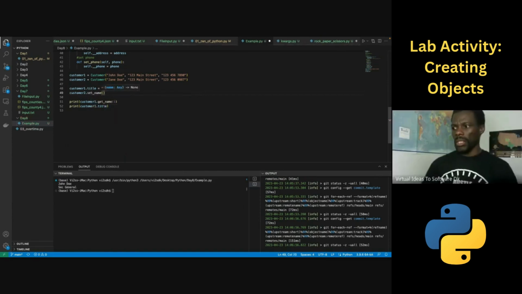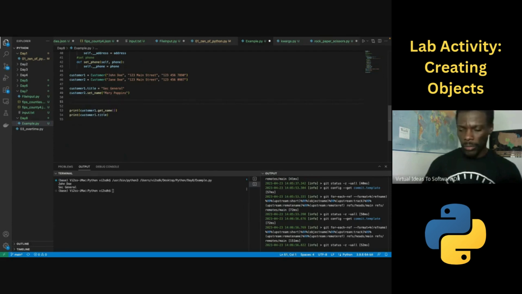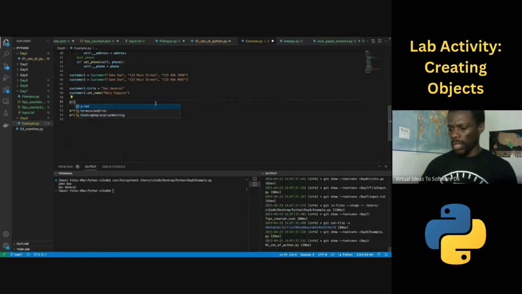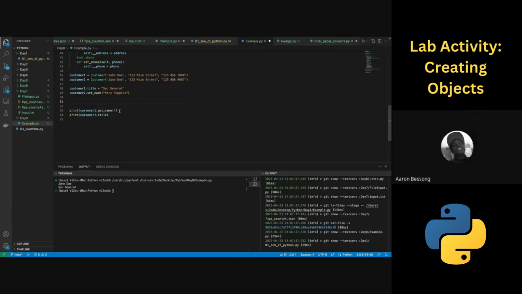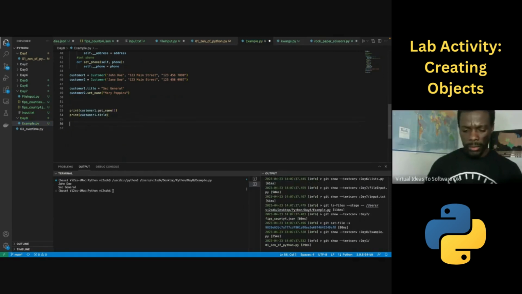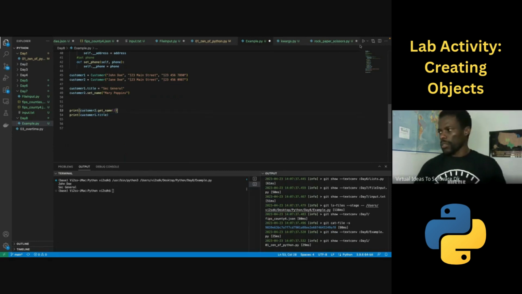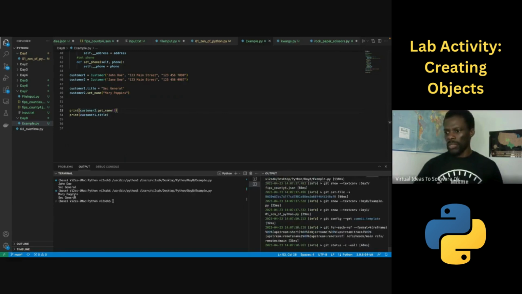Now, set name takes in a particular name. What name do I want to use? Mary Poppins. And I can go about printing customer 2. I already have that down there. Now I can go about and do customer 2 get name. And if I execute that, Mary Poppins is now the new name, and the Secretary General is still the title